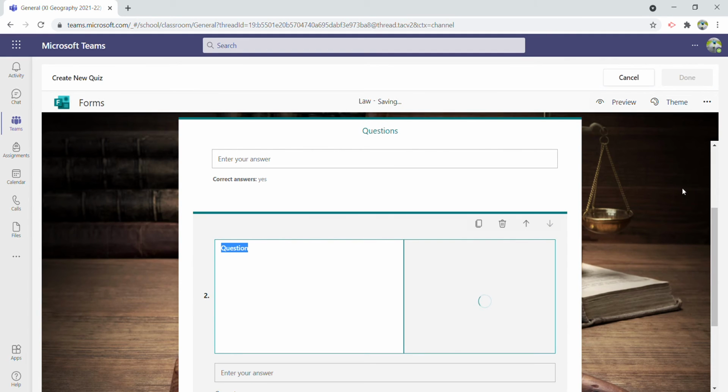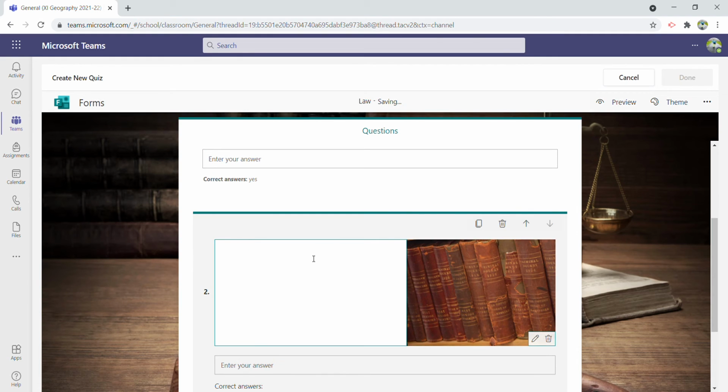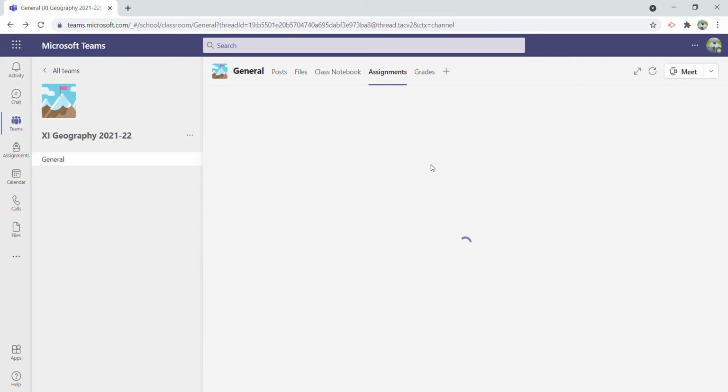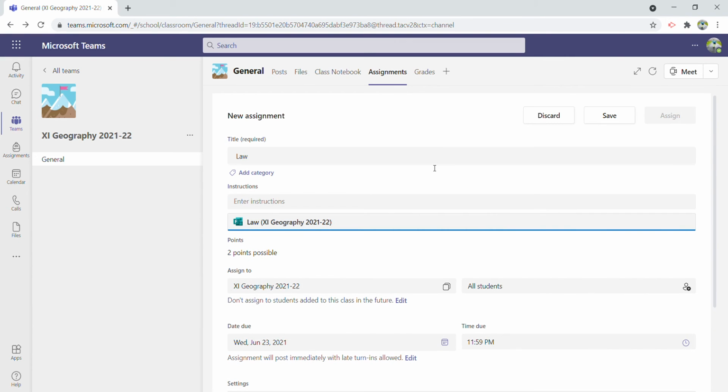So if this is supported, then you will write on this side, what are these books of? So students say that these are law books, like that. So this is how a second question can be there, and in the same form you can enter your answer and enter marks, and once it is done you will say done. Once it is done, it will directly take you to the page where you started making your assignment. It says it is loaded.